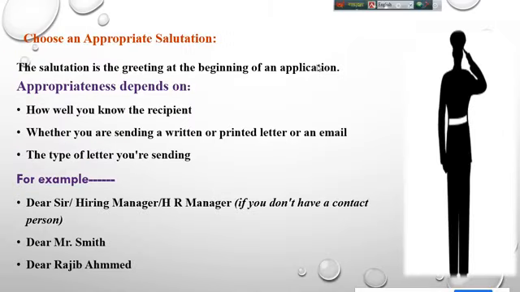Okay, all right. Choose an appropriate salutation. This is very important to choose the salutation because it depends on the situation. What salutation you have to mention or you have to address, that is how well you know the recipient. Okay, তুমি কতটা আসলে recipient কে চিনো, অর্থাৎ তুমি যার কাছে যাকে অ্যাড্রেস করে অ্যাপ্লিকেশনটা করতে চাচ্ছ তার সাথে তোমার সম্পর্কটা কিরকম,